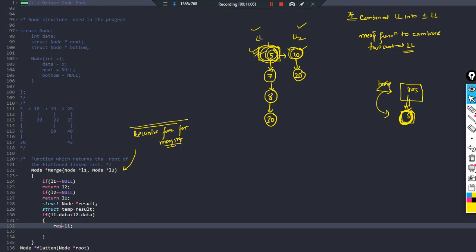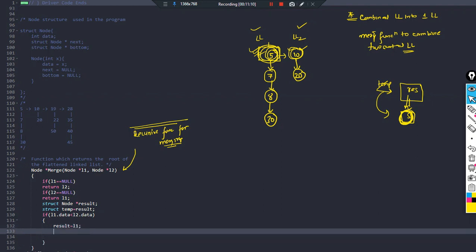Do you understand the meaning? We had initially declared a dummy node result, and temp is pointing to this. So result is equal to L1, which means this node 5 will now be referred to.